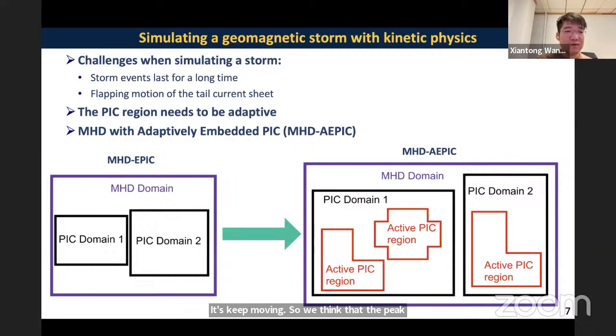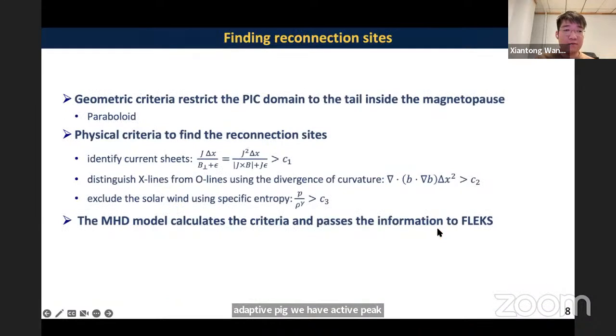So we improve this MHD-AEPIC to MHD-adaptive-PIC by introducing this. This is a schematic plot of the simulation domain. Inside the PIC domains, usually in the MHD-AEPIC the PIC domains are fixed, but in the MHD adaptive PIC, we have an active PIC region inside the PIC domain, so this can be turned on and off during the runtime. And